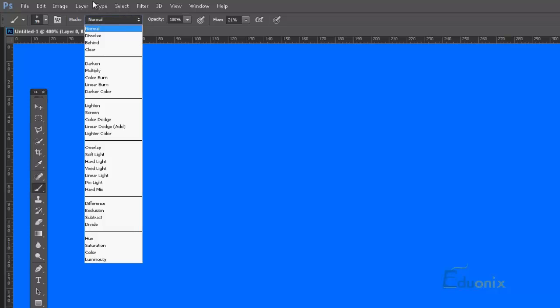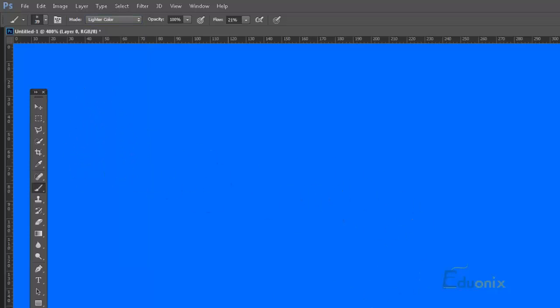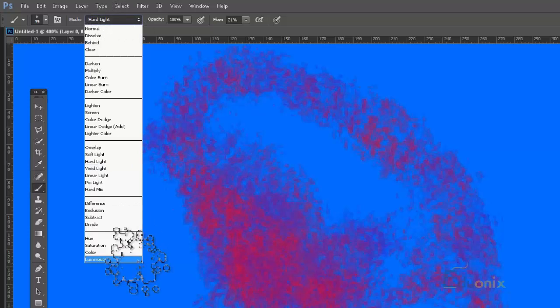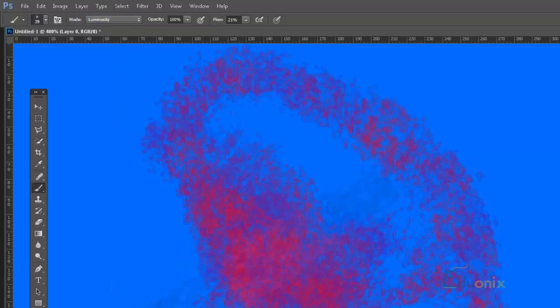On mode, this is very, very cool. Here, you can set a blending mode on your actual stroke, which means that once you paint it down, it'll be rasterized into the layer. If I select lighter color, and you can mouse wheel through these, once you have the blue rectangle around it. As you can see, when I start painting, the blue rectangle goes away. I can do hard light. I can do anything on here. It's particularly useful when you have patterns or a transfer brush selected, or basically when you're painting with the clone stamp. A lot of other reasons. It's just if you want this to be,